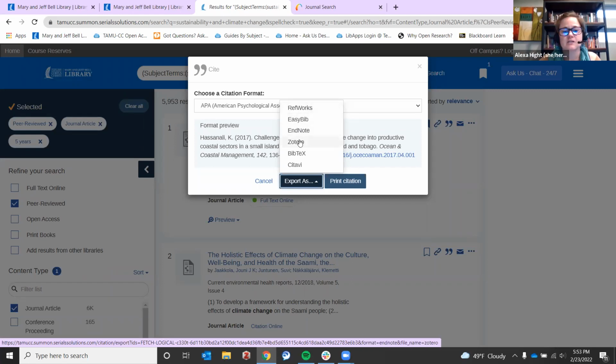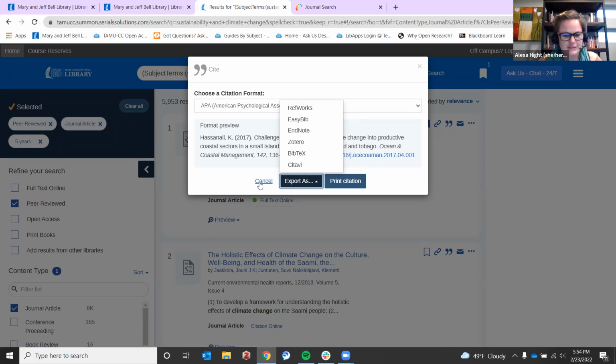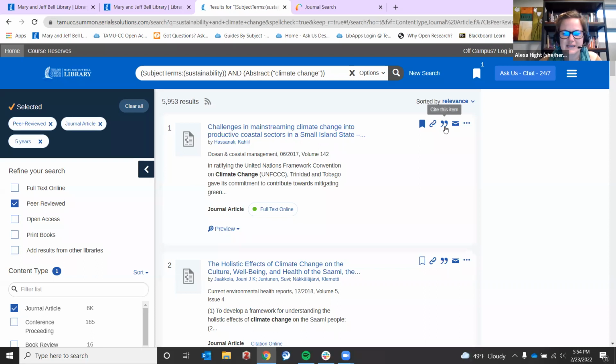Whereas Zotero is free. So if I leave the institution, I can take my Zotero library with me, which is why I use Zotero, even though it can be problematic, as I've learned in the last couple of days. But that is one way to cite your items and save those citations.